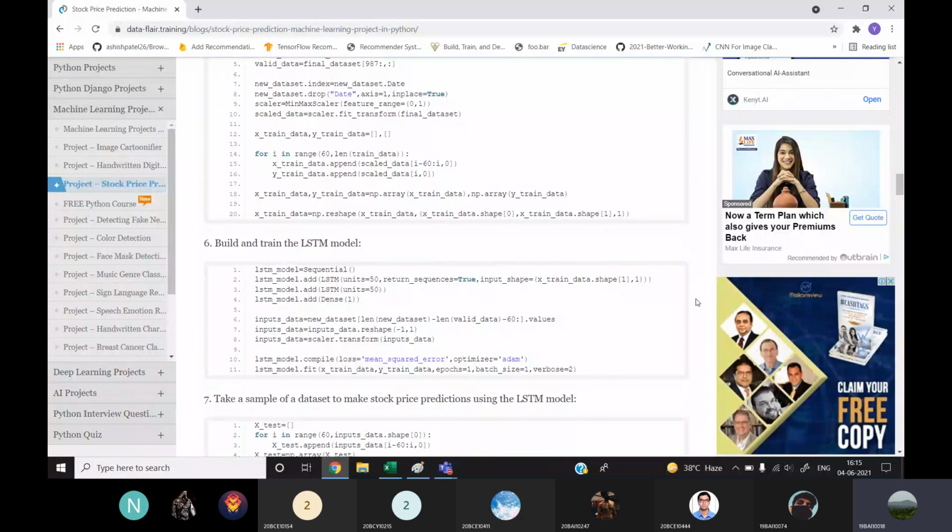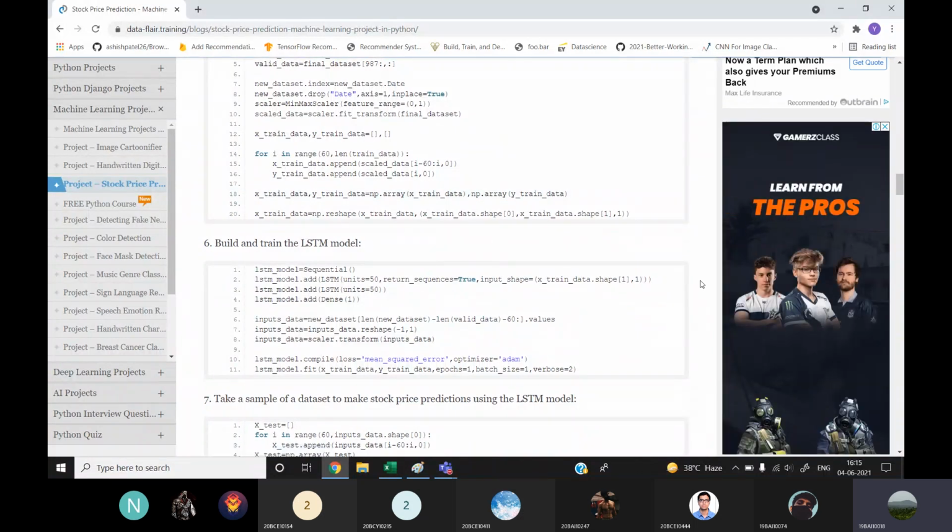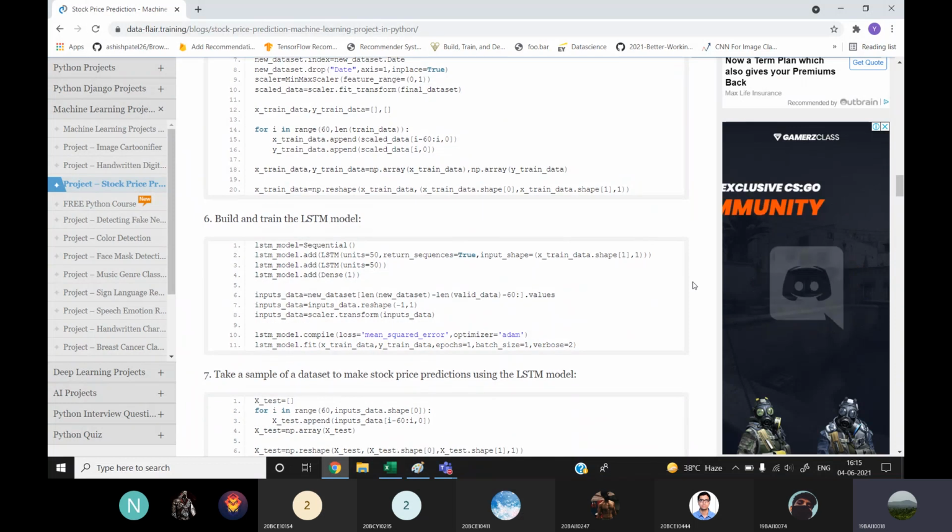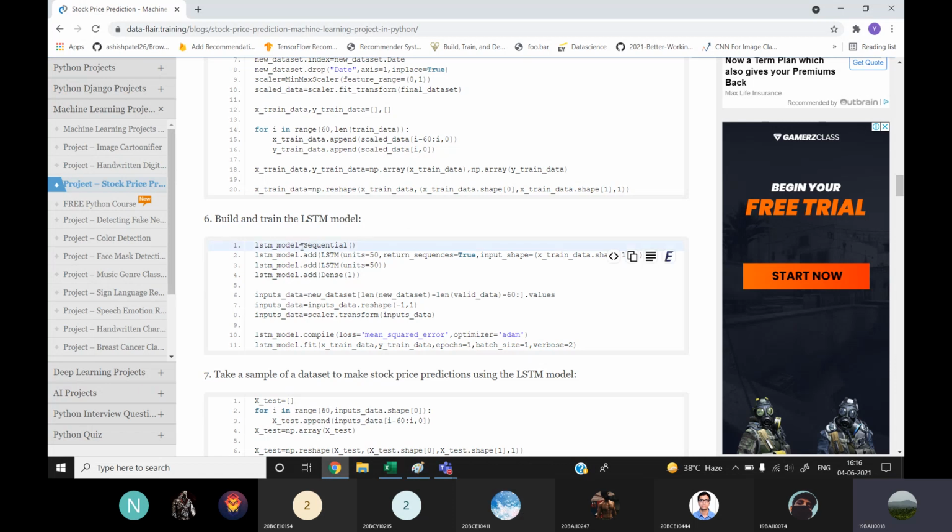Now we'll be making an LSTM model, that is also a neural network. The full form of LSTM is long short-term memory. What it means is that the neural network also remembers the past of what has been taught. So basically, it will be just a simple model.